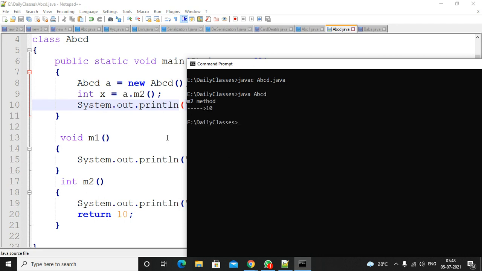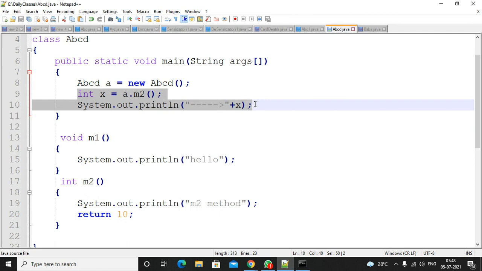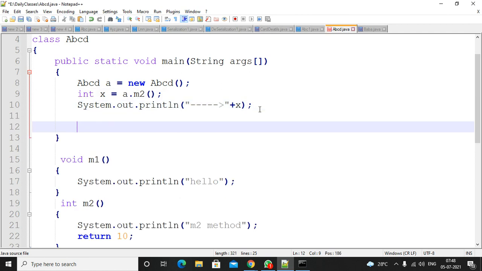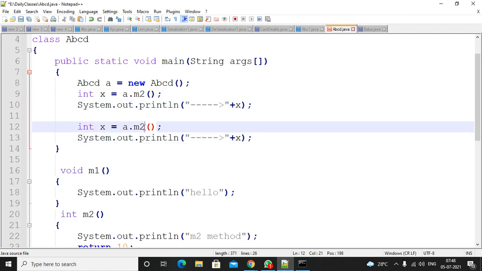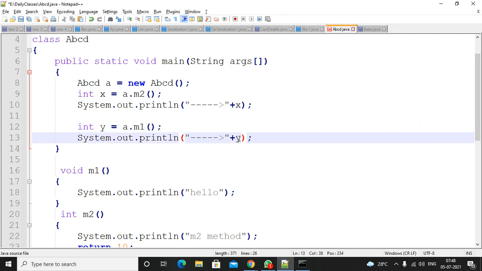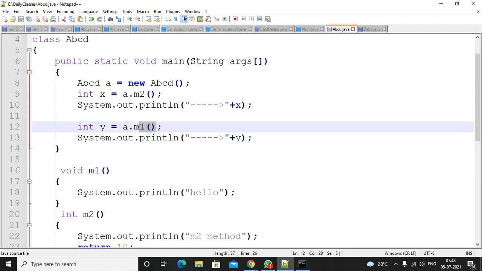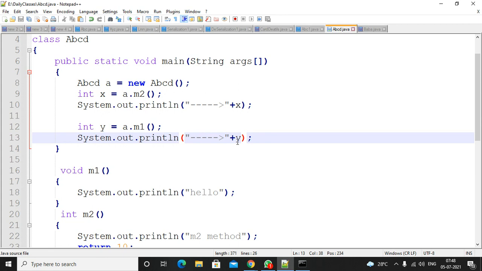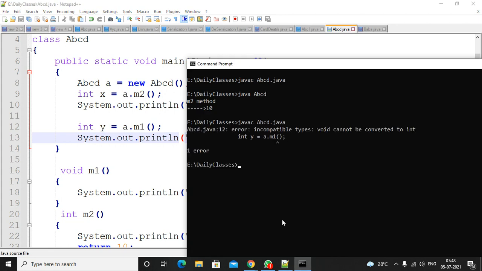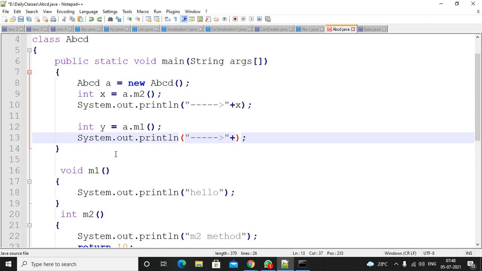But if you try the same for the M1 method, you will get a compile time error. Why? Because M1 is not returning anything. What will you collect, what will you store, what will you print? That's not possible.